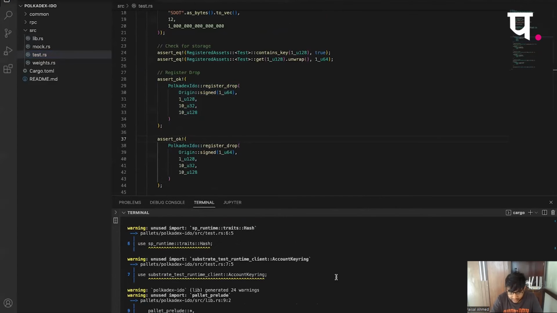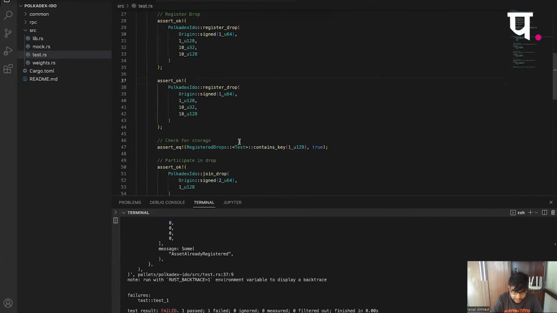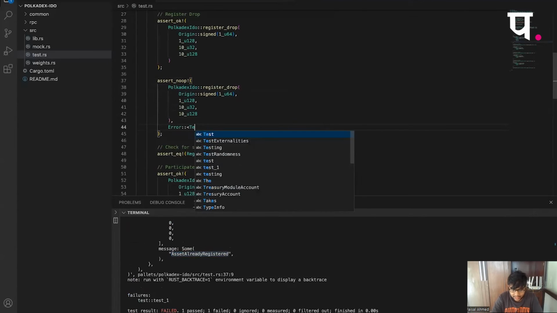And it should give me an error saying asset already registered. So this is what would happen. If you're quickly building something, this is much easier to test out your logic rather than doing it in the blockchain, running it, waiting for some blocks, etc. And all I have to do then is just do error test.